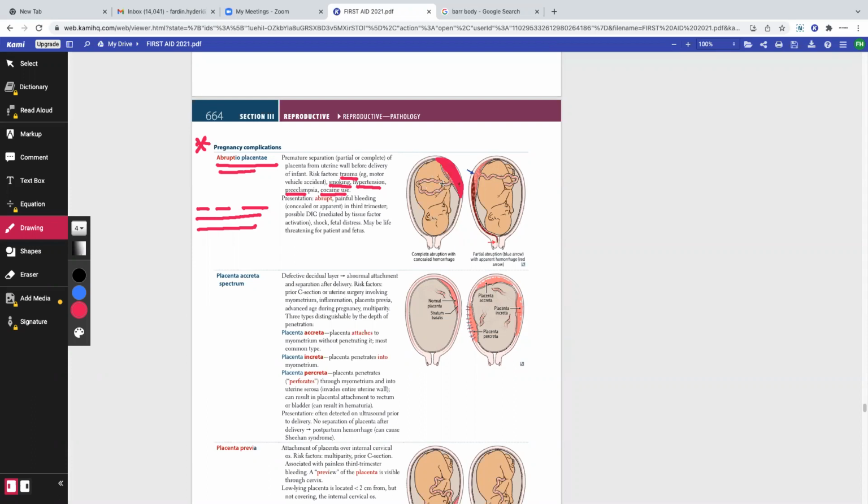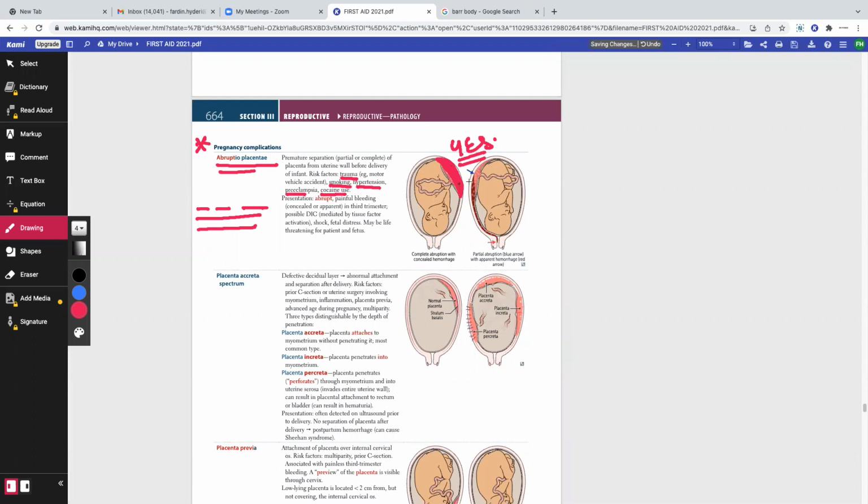The answer is yes, right? Obviously, if a part of the placenta is coming off, there will be severe pain. Why will there be severe pain? Because when the placenta comes off, on a physiological level there is excessive breakdown of arachidonic acid, resulting in the formation of prostaglandins and bradykinin in excessive amounts. Will that produce a lot of pain? The answer is yes. So that will produce a lot of pain.